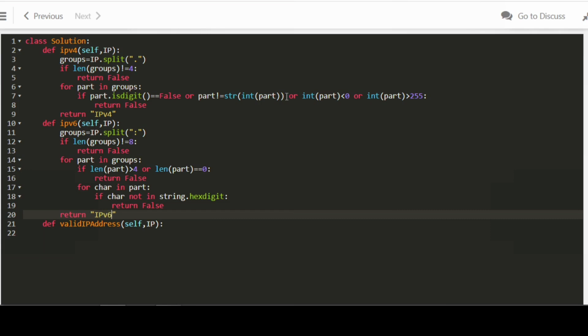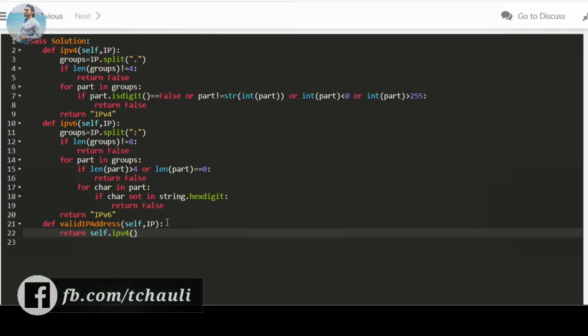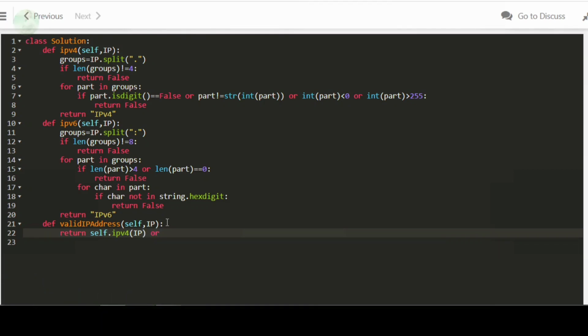If the above condition is not satisfied, we will simply return true for IPv6. And now in our main function, I will call the IPv4 function and pass IP, and next I will call IPv6 and pass IP. And if both IPv4 and IPv6 are false, then we will return neither as our answer.